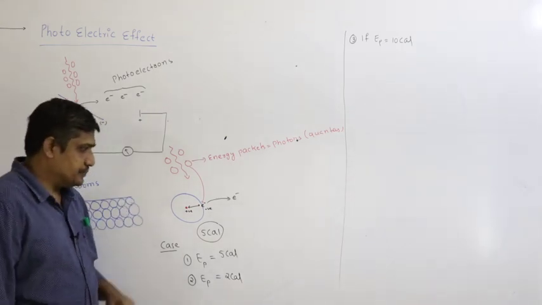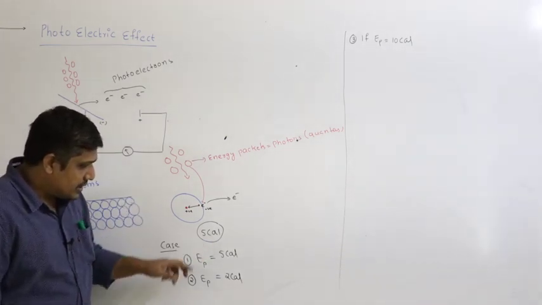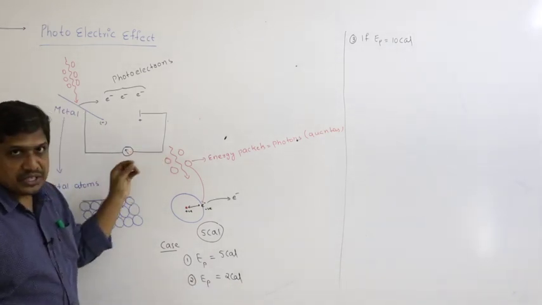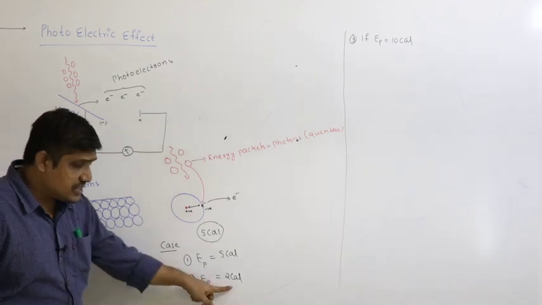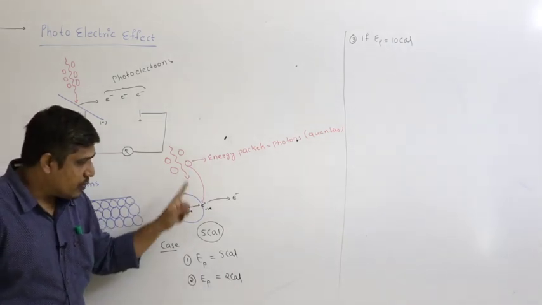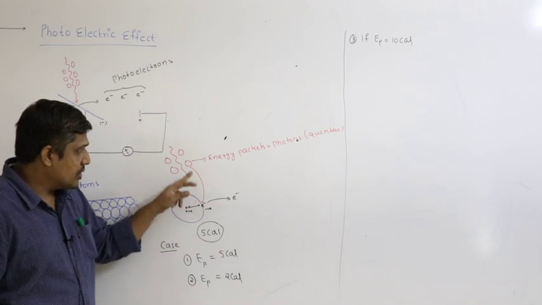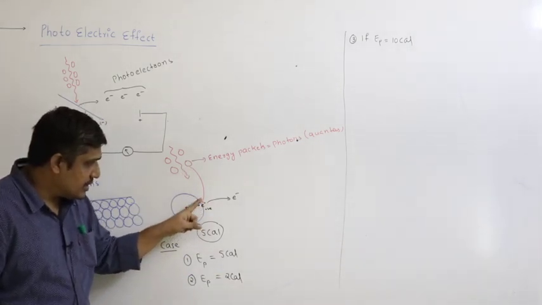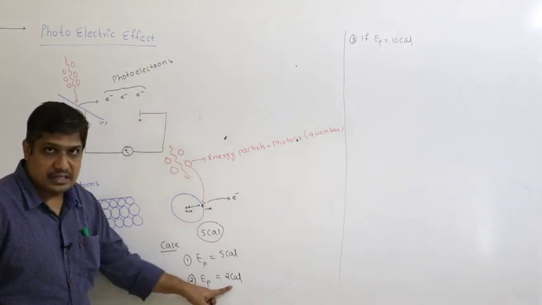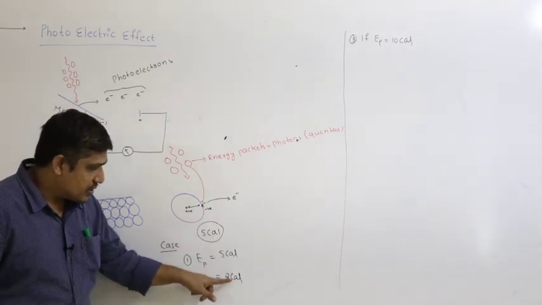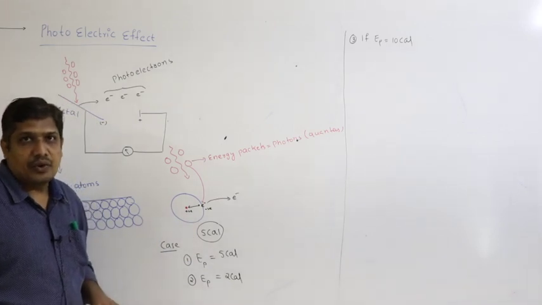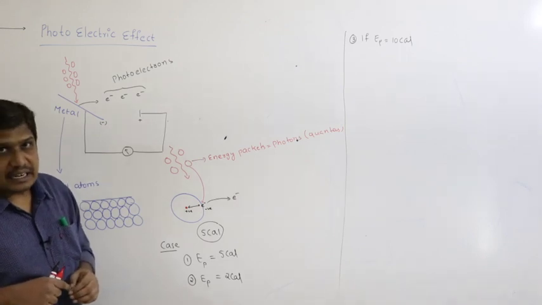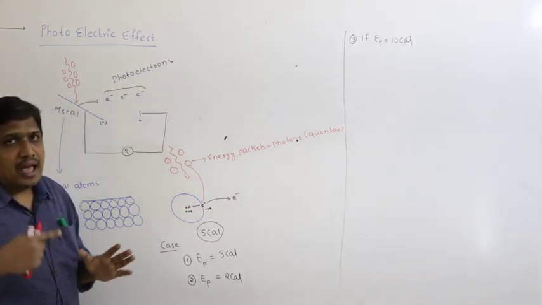Coming to case 2. Here we are assuming the same thing. Now the energy associated with the photon is 2 calories. You are allowing a light radiation where each photon carries 2 calories. The electron absorbs the photon, gains these 2 calories. Now the energy gained by the electron is 2 calories. Is it sufficient enough? No, because 2 is less than 5. Therefore, the electron will not come out. It may undergo an increase in its internal energy, but the electron will not come out from the atom.